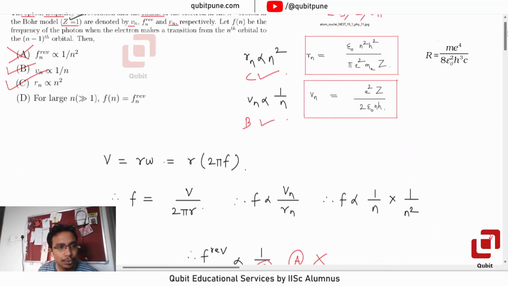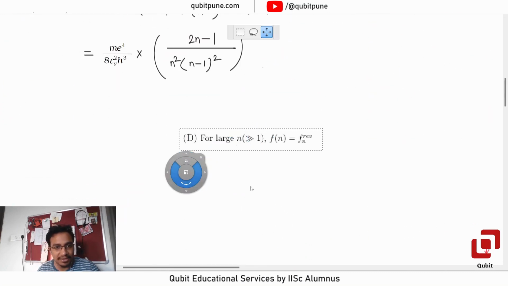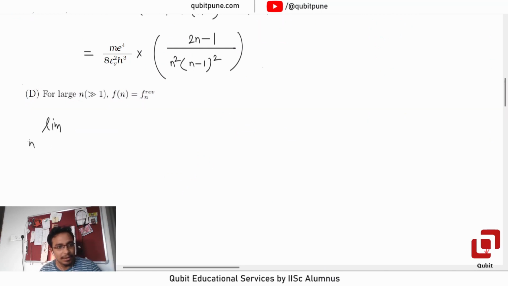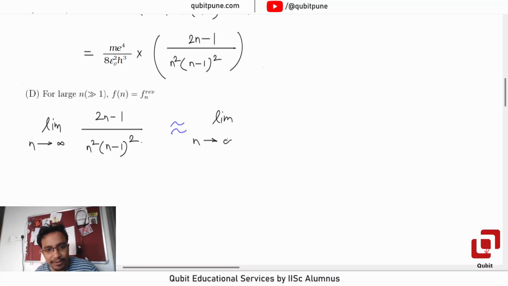they want us to go for the f of n value when n is much greater than 1. Now this is suddenly a limit problem. So limit as n tends to infinity 2n minus 1 upon n squared into n minus 1 squared. Now, not exactly that I am required to find the limit, but I can say that this will be equivalent to limit as n tends to infinity